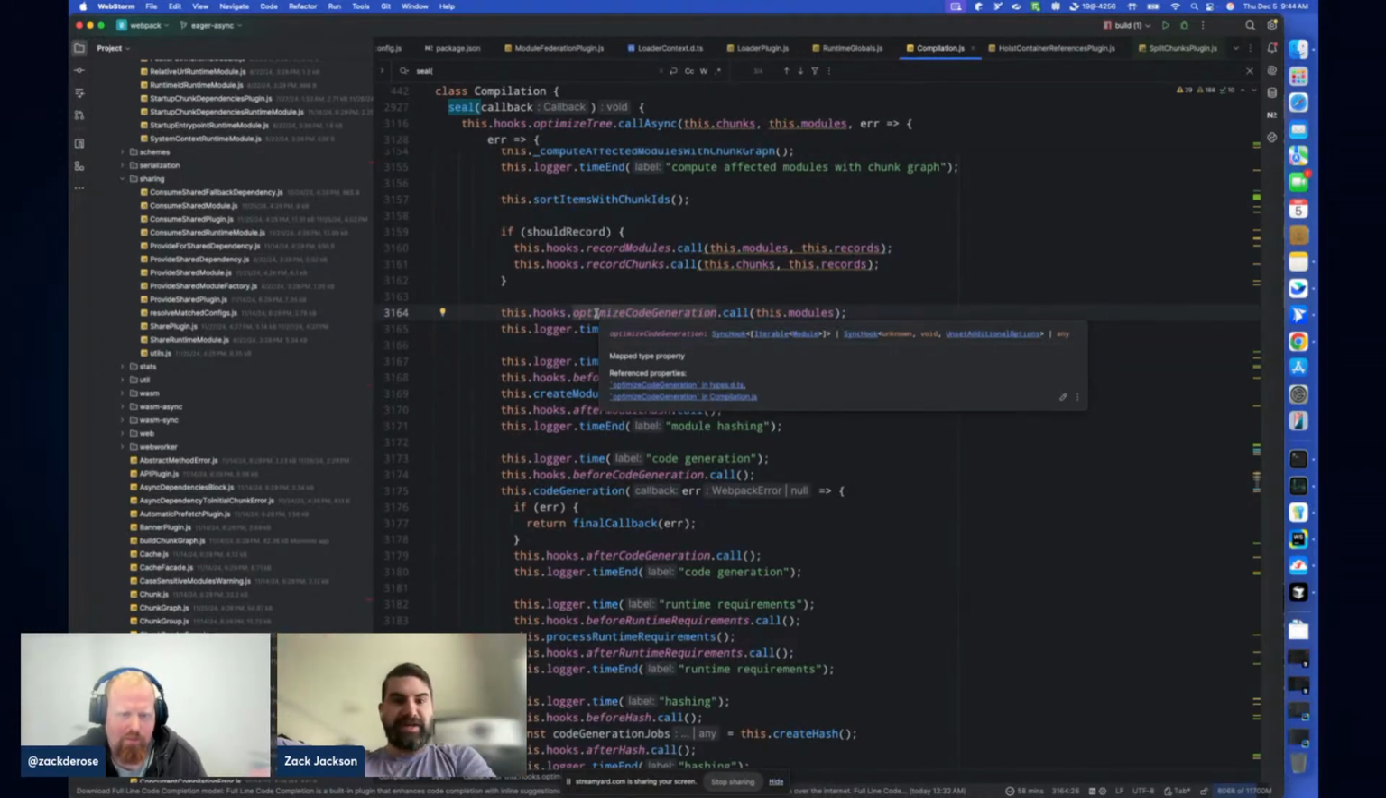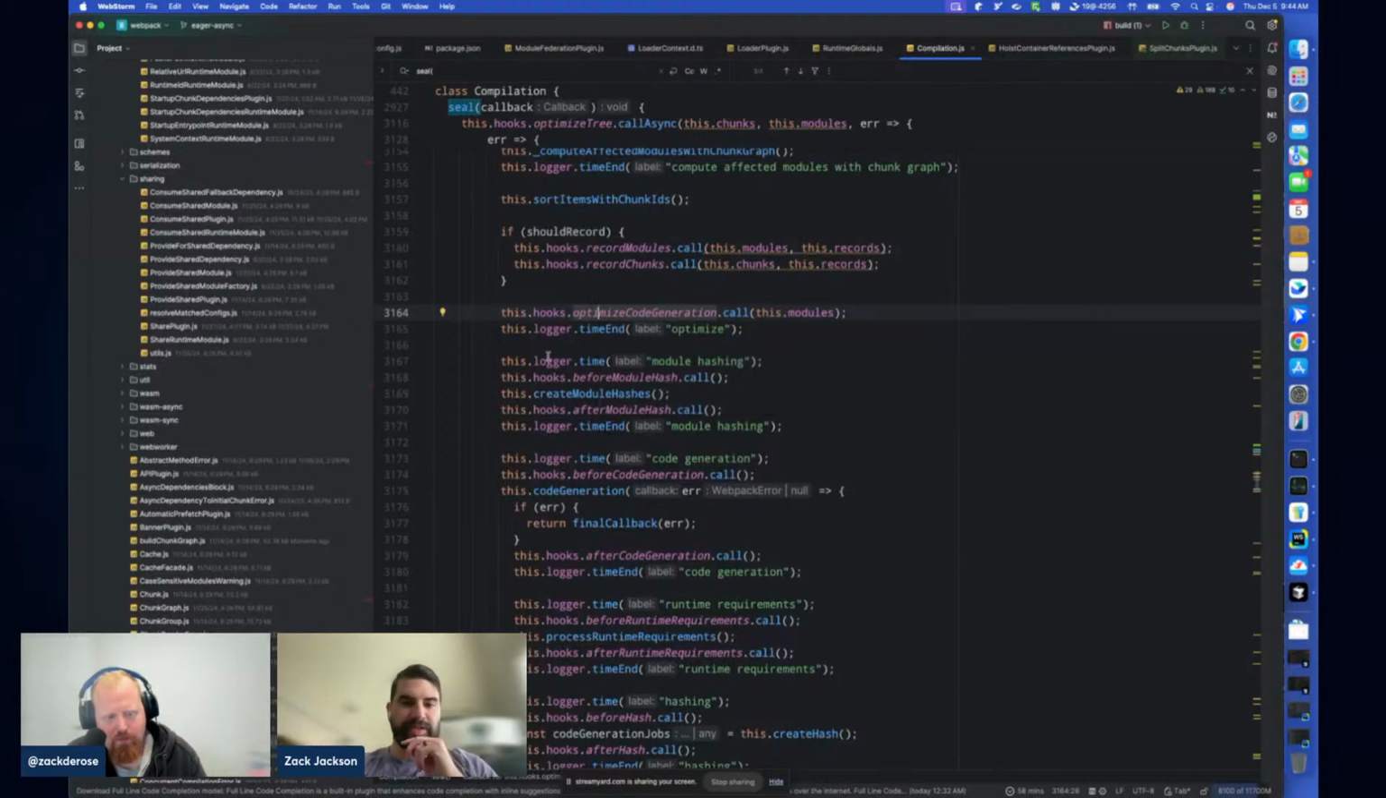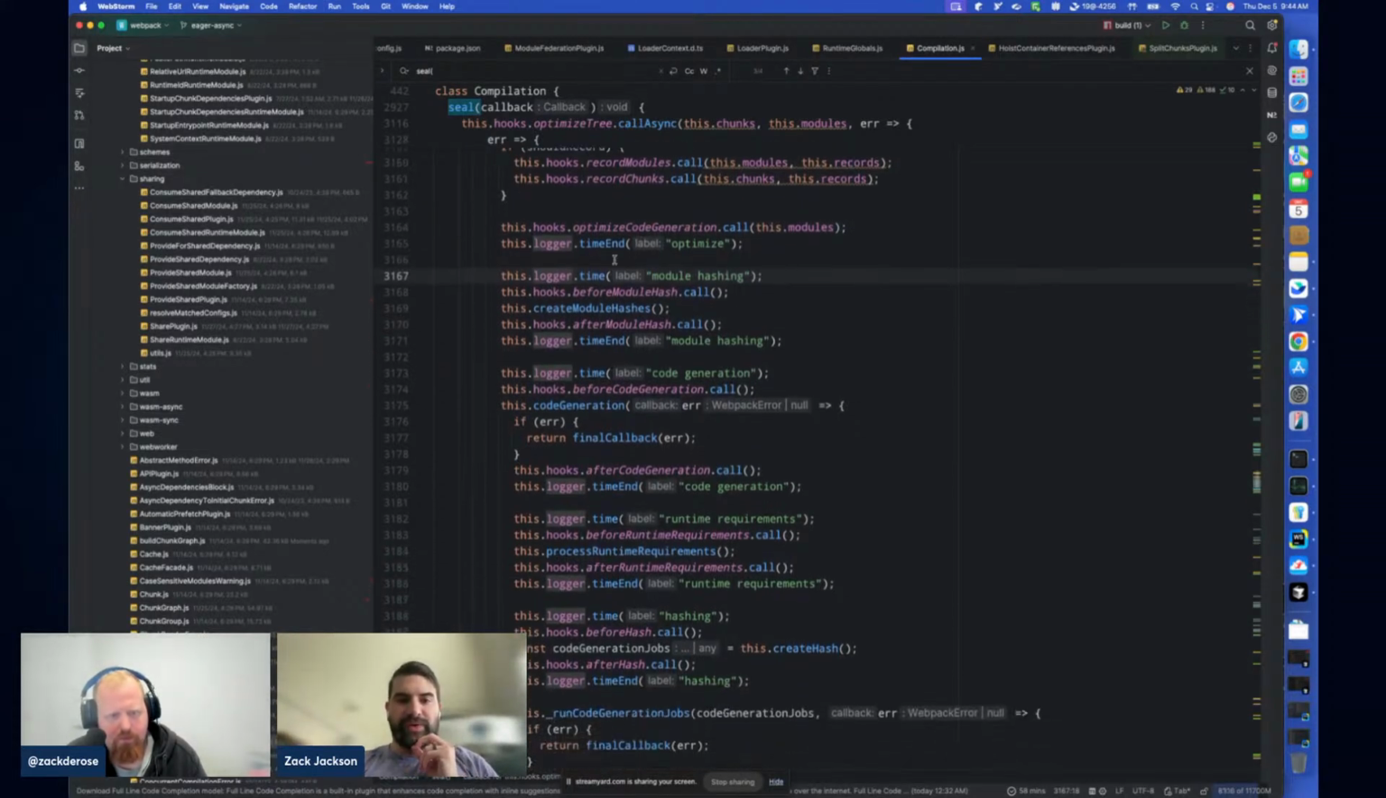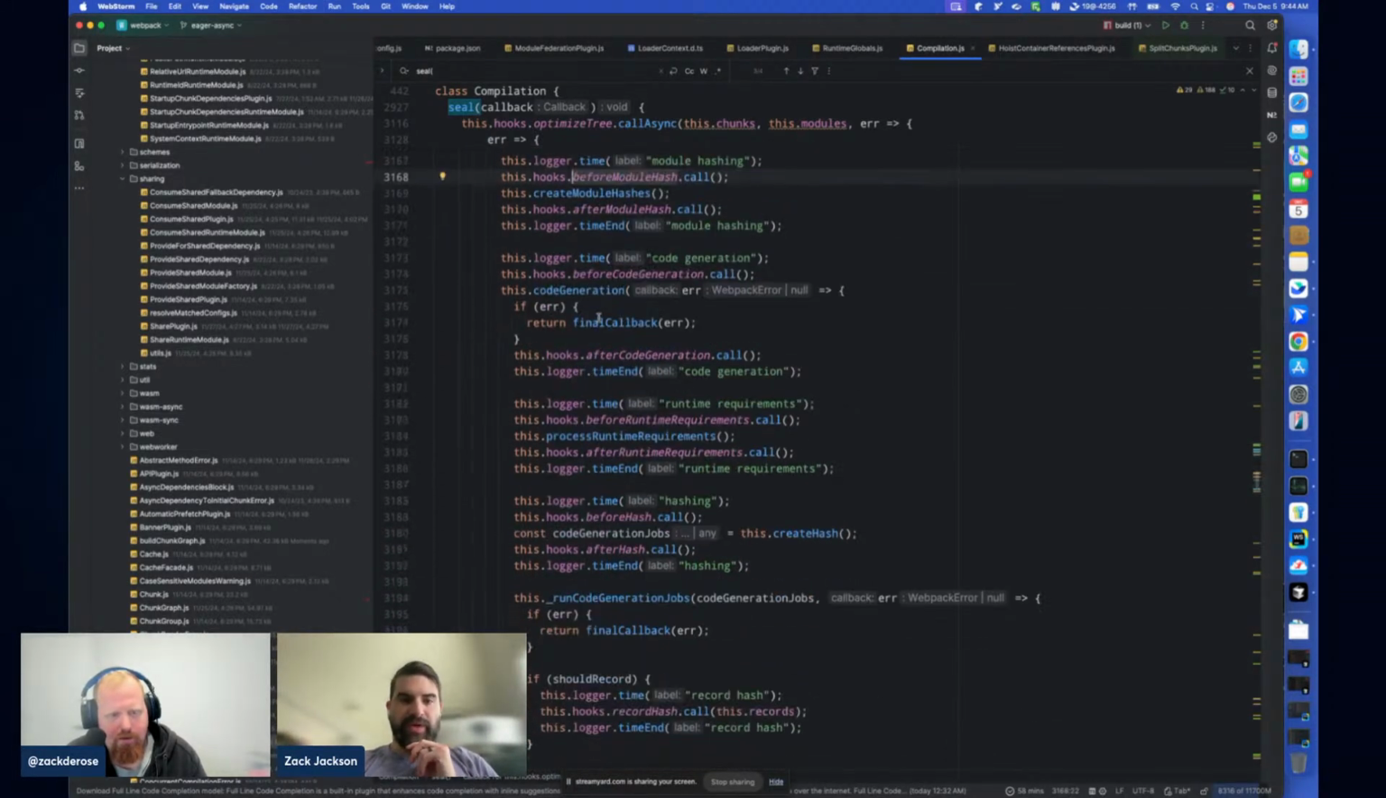So a lot of this has been, give me everything that I've got, give me a data structure of all the modules that are needed, give me a data structure of all the chunks that are needed. And now we're going to actually start mangling the source of those things together and taking them and starting to actually go through and do that. And then we create our hashes. And then finally, code generation phase, which is now where